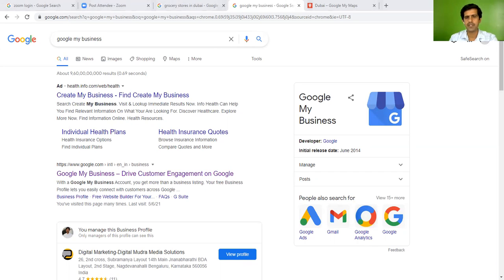Now I think you can see my new screen. So here it is appearing. Let's see how it should look. I will click on the option, then log in here.